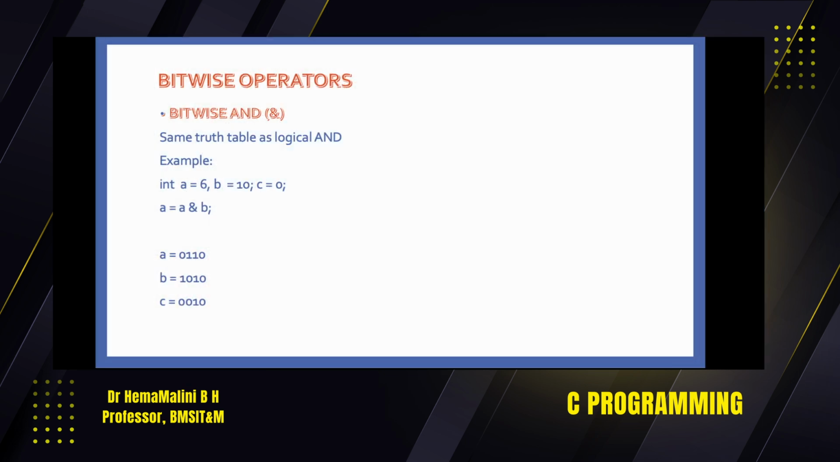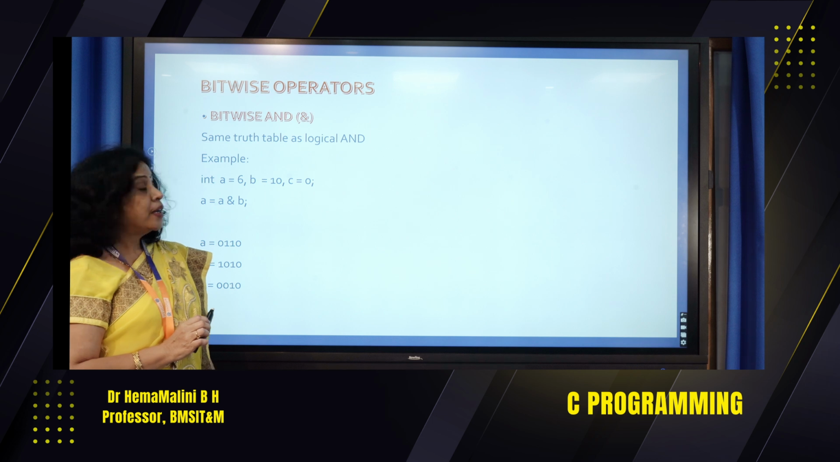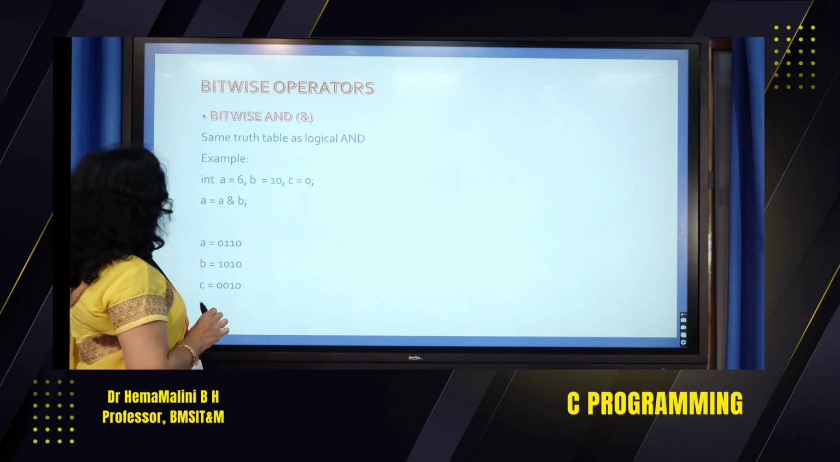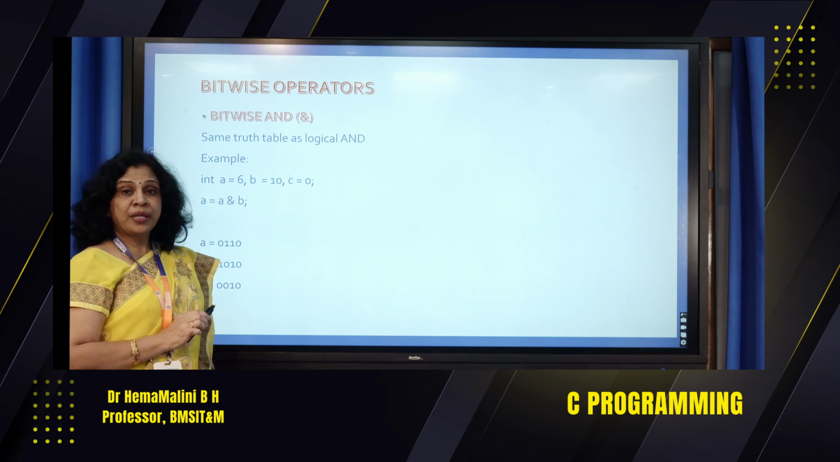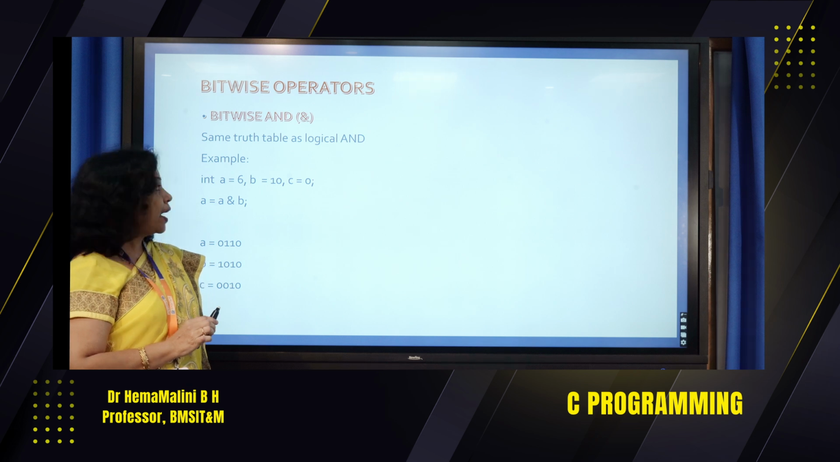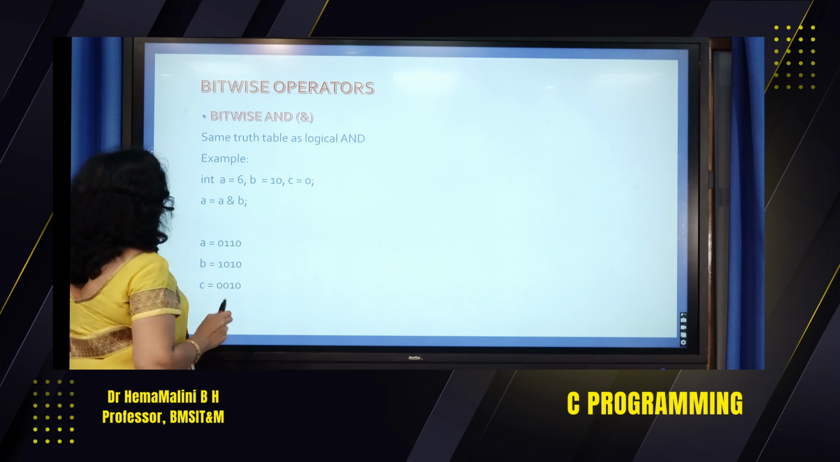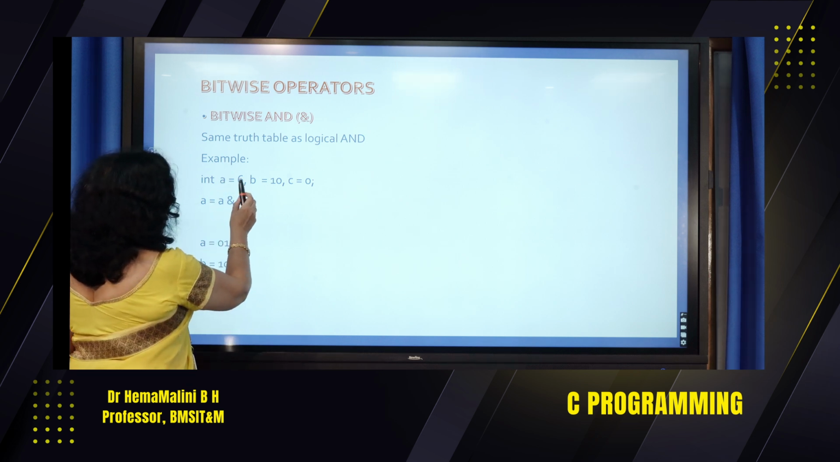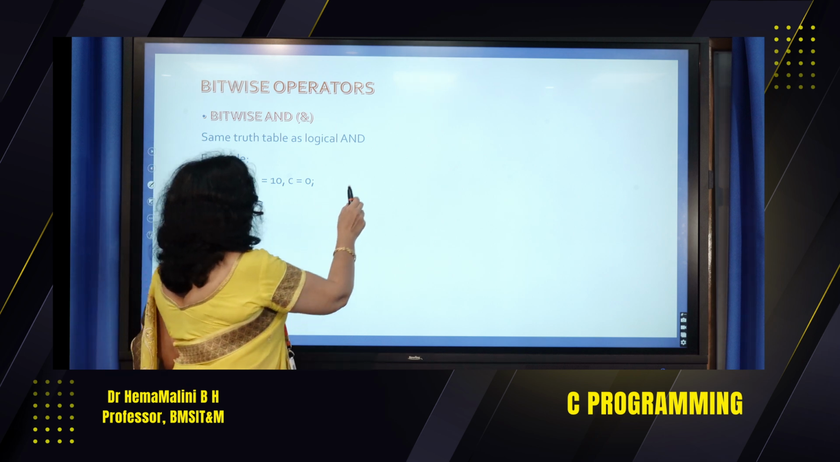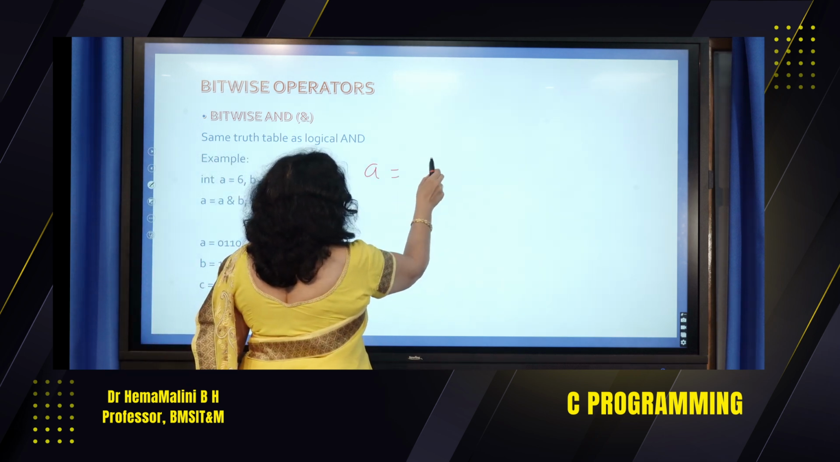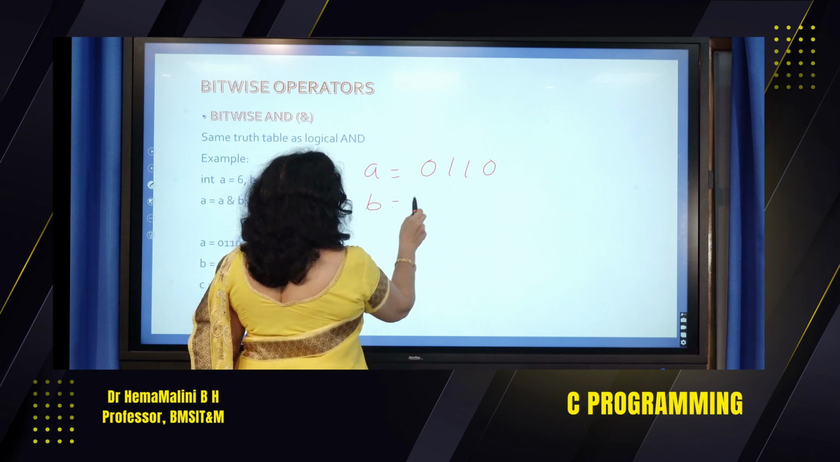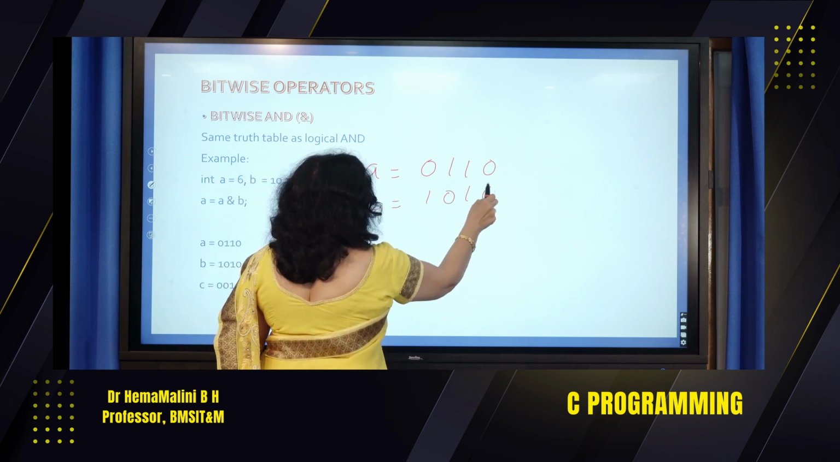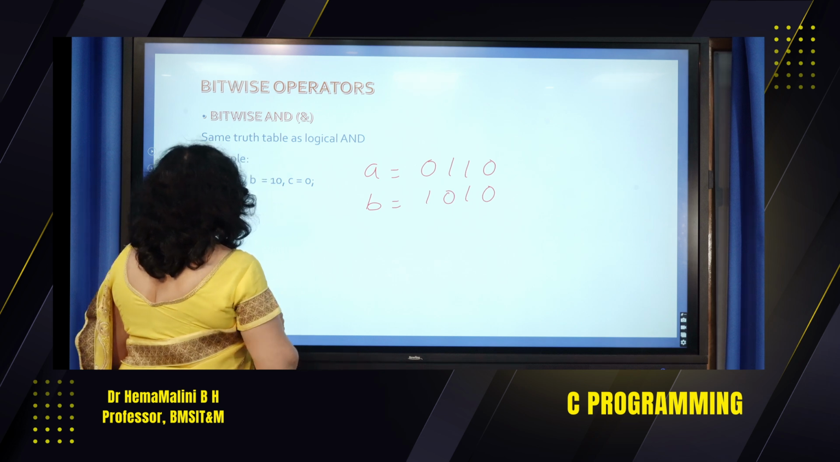Now let's see the bitwise operators. In bitwise operators, the operation is performed in bits. The truth table remains to be the same as logical AND. Let's take an example. Integer a equals 6, b is 10. Say a is 6 is 0, 1, 1, 0. B is 1, 0, 1, 0. This is 10. So we have to do